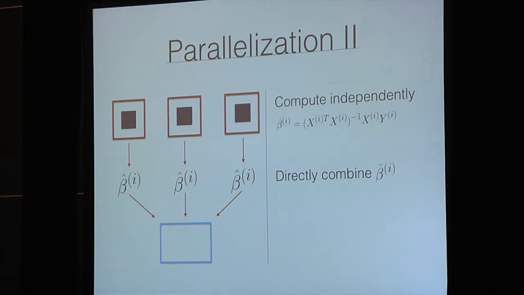So it's efficient. The only problem is how we can combine these solutions to get a good estimate of the result. One possible way is to average, and that is in a 2012 paper by Zhang, Duchi, and Wainwright. They prove that if you do this, your mean square error will be almost the same as if you run your algorithm on the full data set, which is very nice. So far, it is all about parameter estimation.